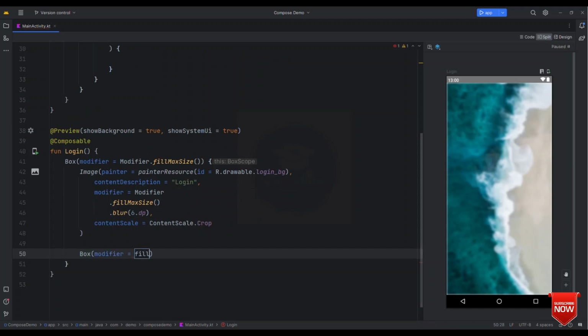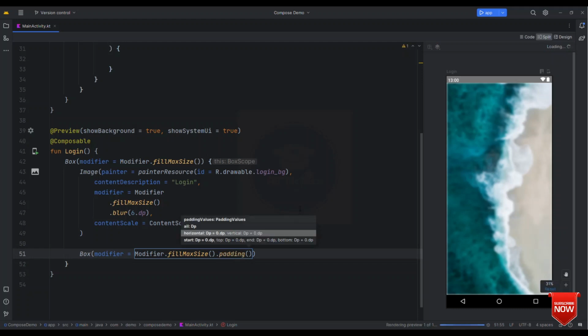This time again, let this occupy the entire width and height, but now we'll put a padding which will act as a margin for us, because it will leave the sufficient space towards left, right, top and bottom. Let's say this as 16 dp,